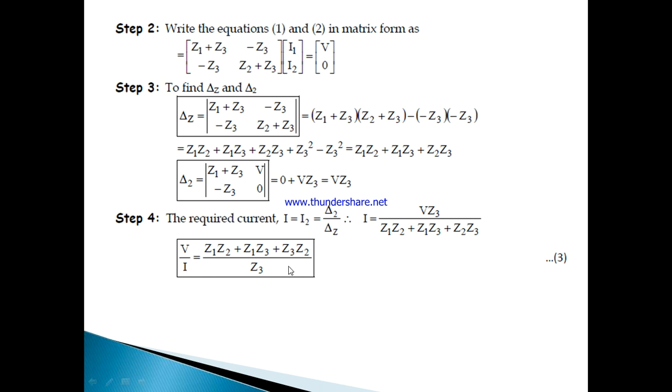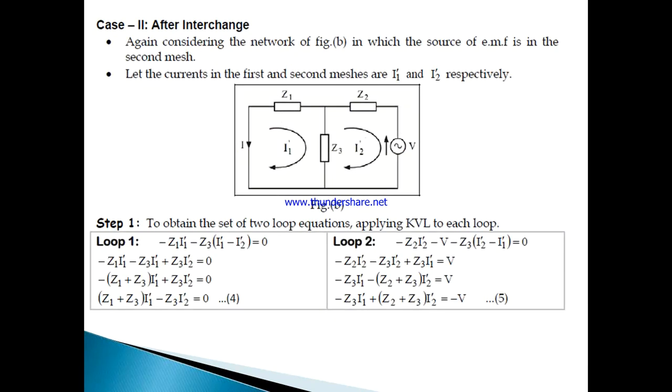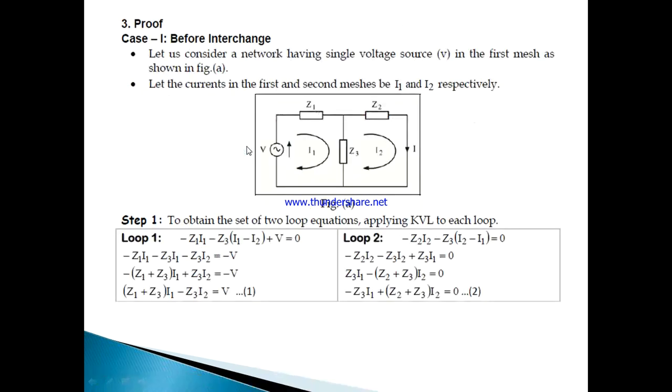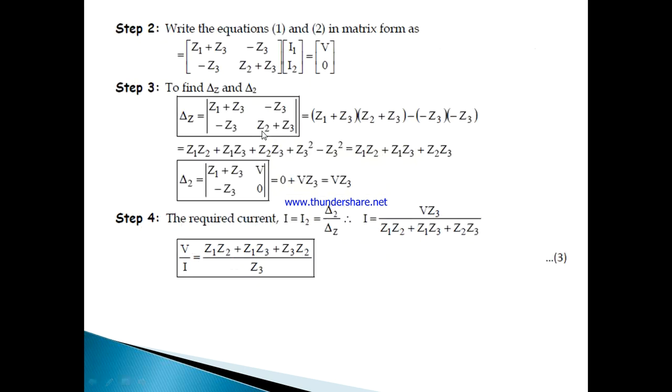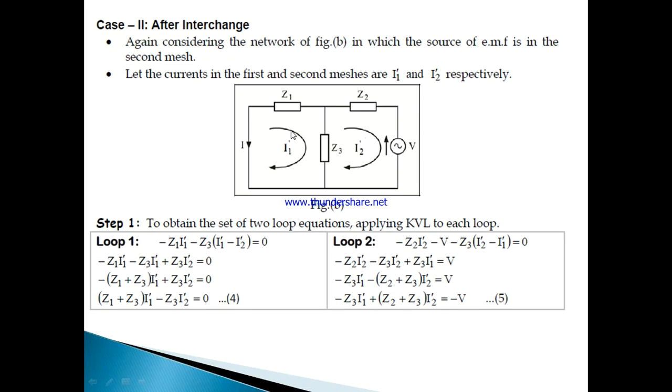We got this under case 1. Now I am going to interchange the places of source and response. That will be taken as case 2. After interchanging the positions of source and response, if you observe the diagrams, the source was presented in loop 1. Now I am going to replace this source place with the response place. That is, I replace the source, and this response I take in loop 1. After drawing the circuit, again considering the network after replacing source and response,